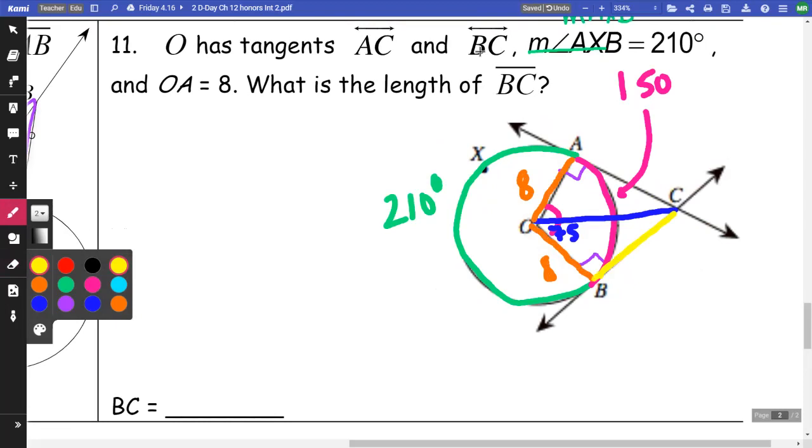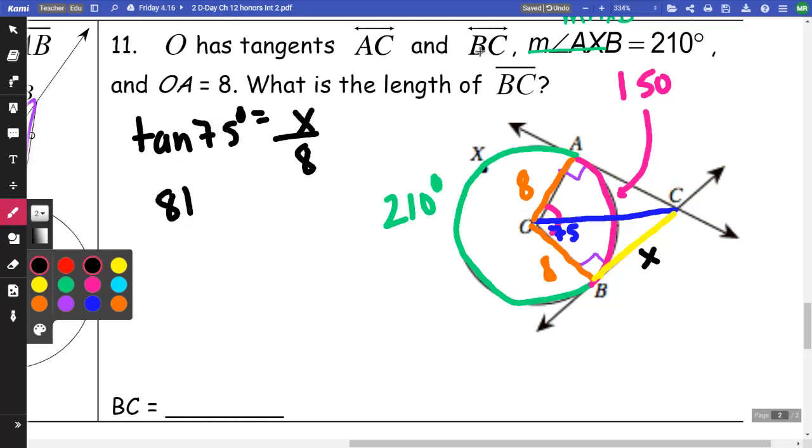I have an 8 and I have a 75 degrees, and I'm going to try to find, I'm just going to call this X. So I am going to be using opposite over adjacent. So I'm going to do tangent of 75 degrees equals opposite, which is X, over adjacent, which is 8. So 8 tangent of 75 degrees is going to equal X. And if I put that in my calculator,